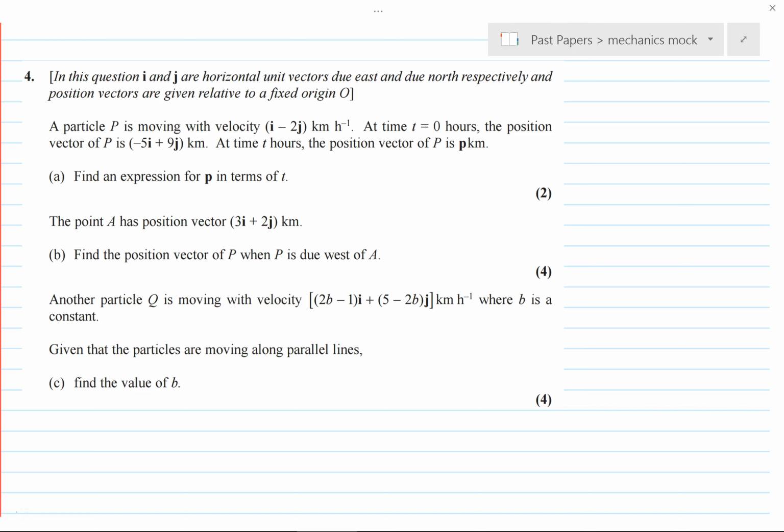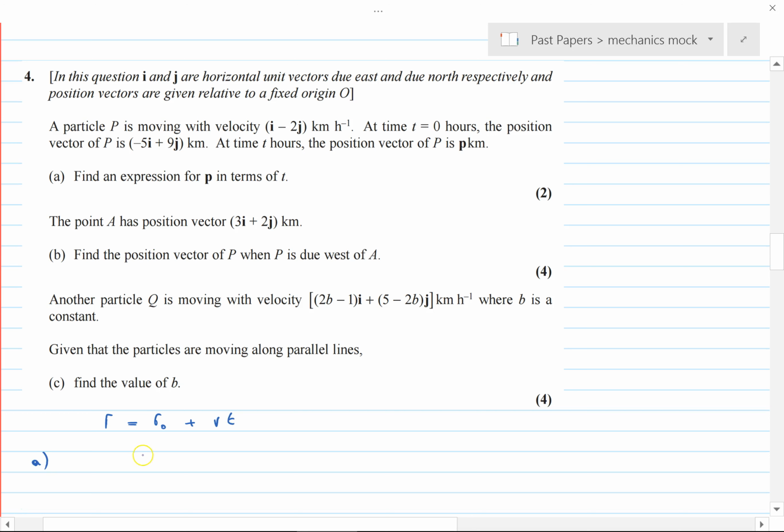Okay, the last video ended a bit abruptly when we were doing the October M1 International Edexcel paper. Let's get on with question 4, which is a vectors question to do with motion in a plane, constant velocity. There is a useful little formula when something's traveling with constant velocity in 2 dimensions, which is final position vector is equal to initial position vector plus velocity times time, which is exactly what we're going to